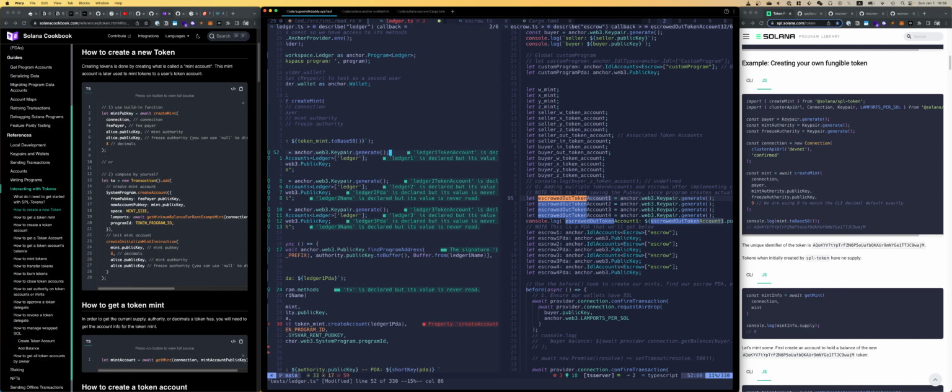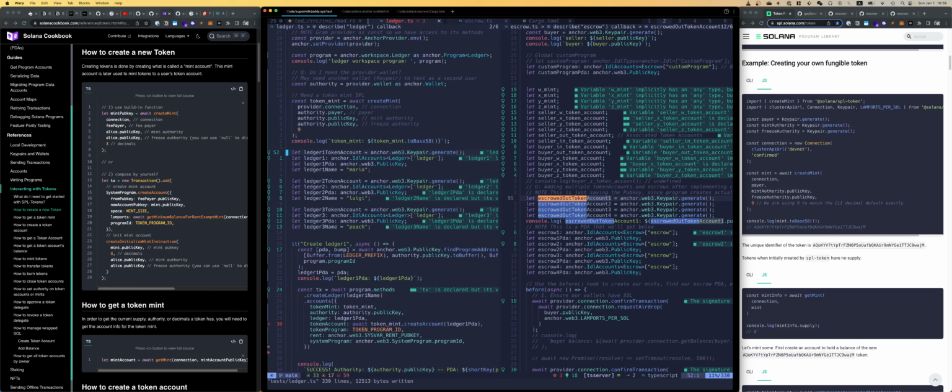I don't need to take a note on that, but we're getting the public key, but then inside elsewhere. So creating ledger. I wonder here,